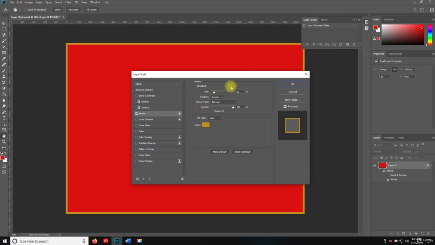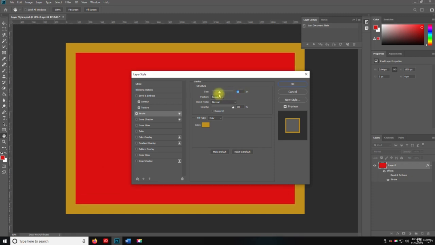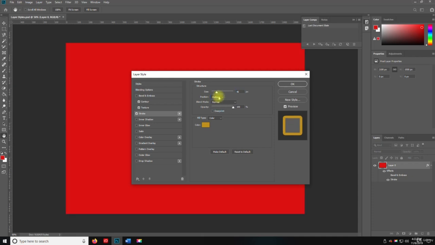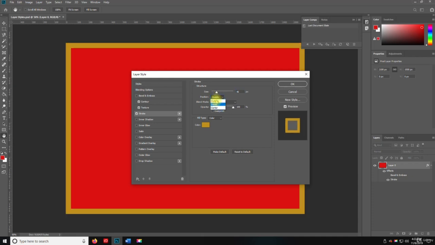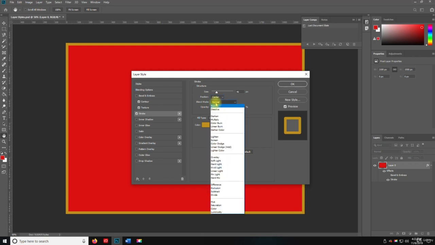Okay, so you can mess with the size. Probably right there. The position, outside, inside, center. The blend, you can do normal, dissolve, darken,